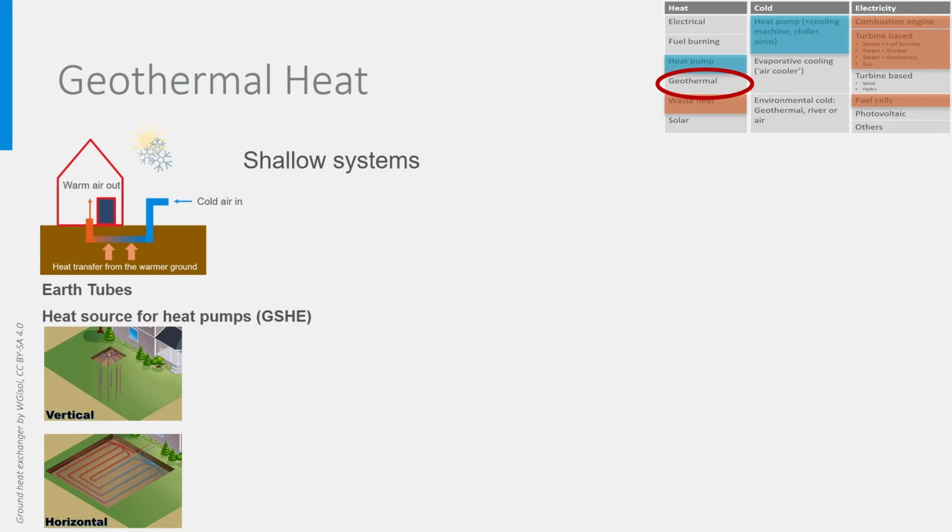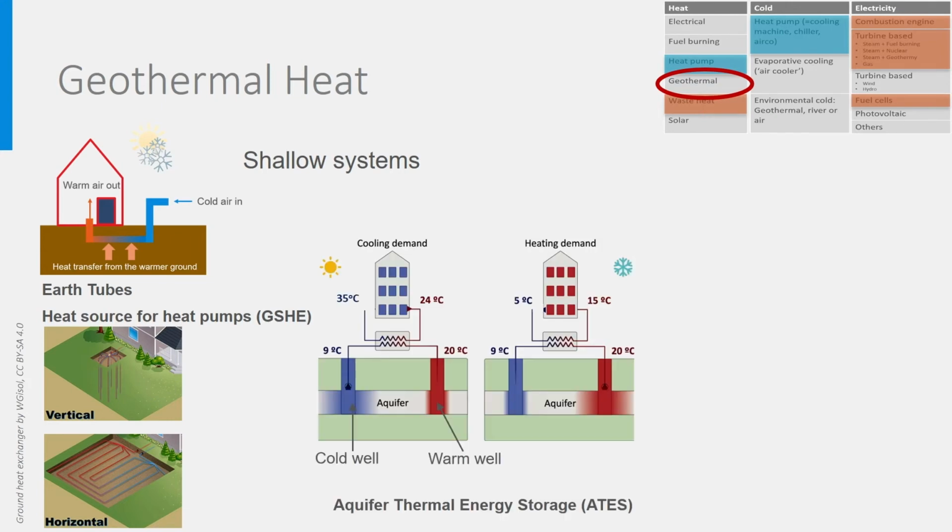Then we have the systems based on aquifer thermal storage, which can only be used when the heating and cooling demands are well balanced and when there are suitable aquifers. An aquifer is a sand layer containing water. Let's start with the summer situation on the left, in which cooling is needed for the building, and just imagine we want to cool hot outdoor air from 35 degrees Celsius to 24 degrees. If we pump the cold water from the aquifer at 9 degrees here, we can easily transfer heat from the warm air to the aquifer water flowing through the heat exchanger.